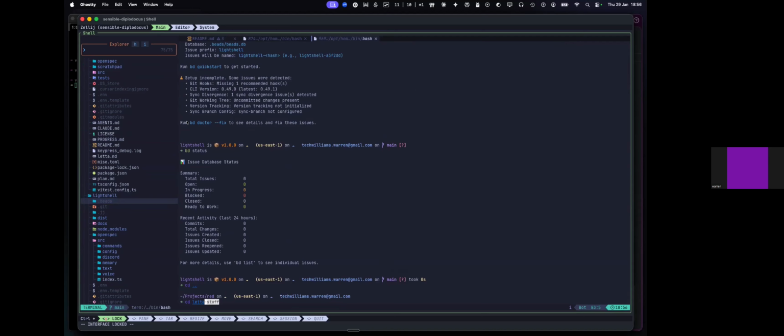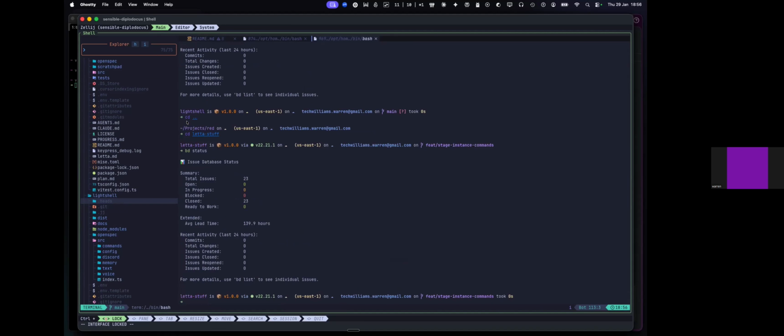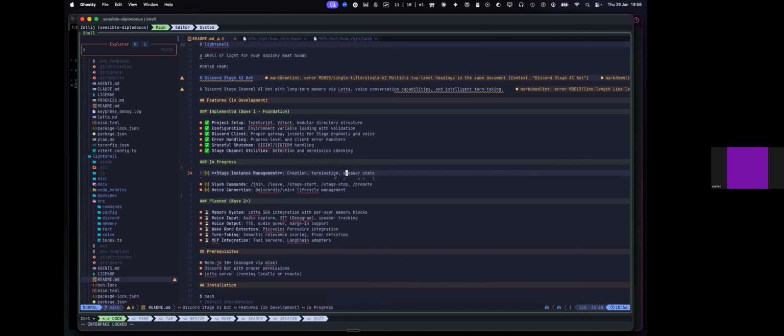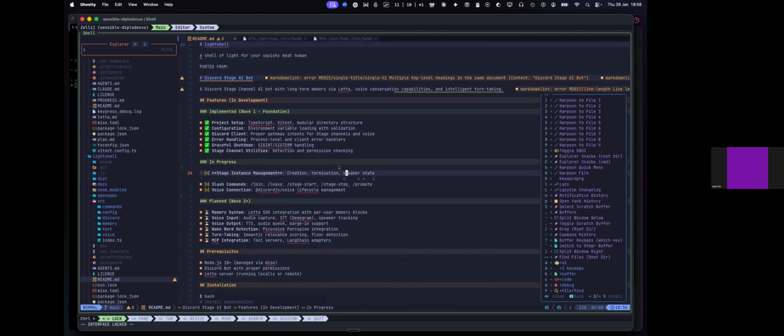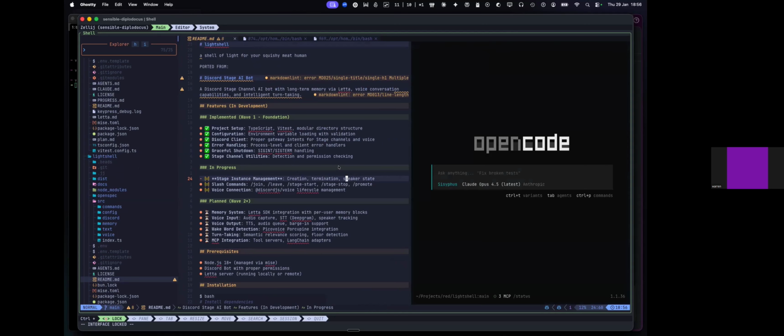Double check Letta stuff and then BD status there. Okay, so all the tickets over there are closed. So what we're gonna do is we are gonna just start working over here. So we're gonna go open code, new instance, and we're gonna jump over here and we're gonna say, okay, research